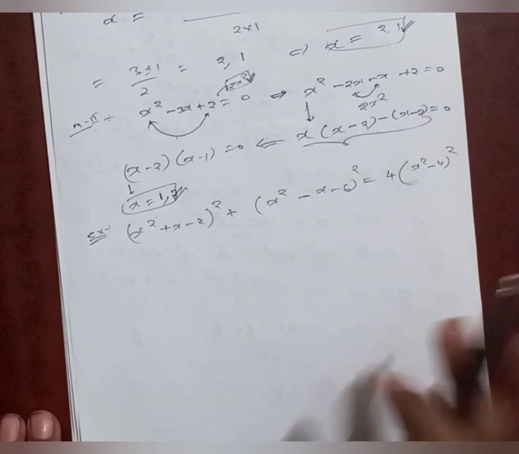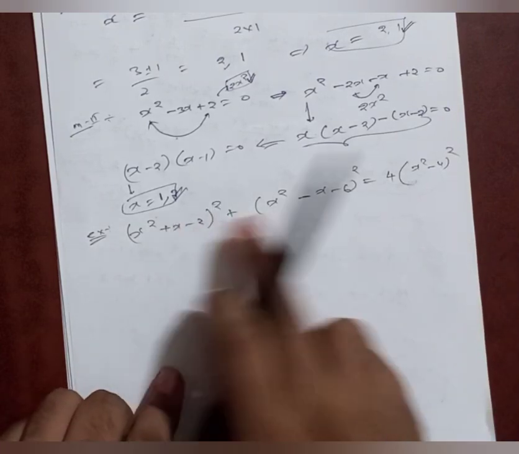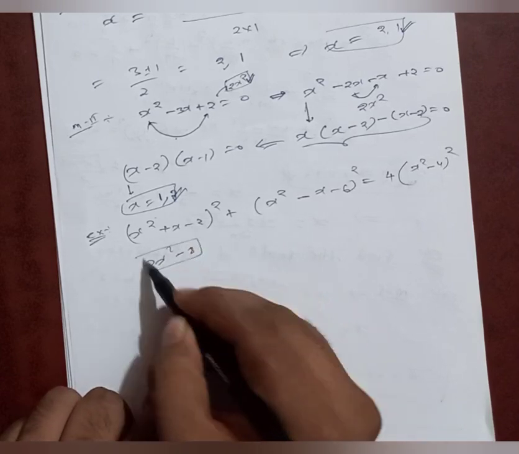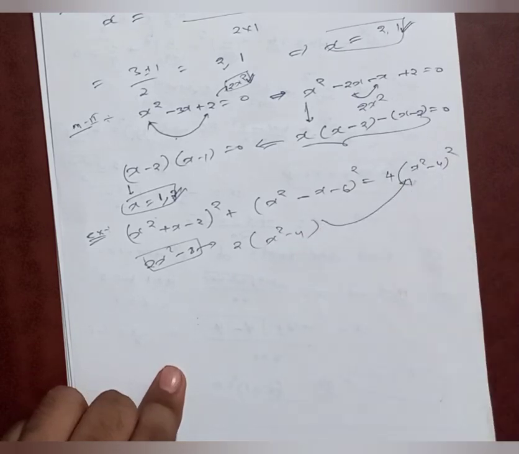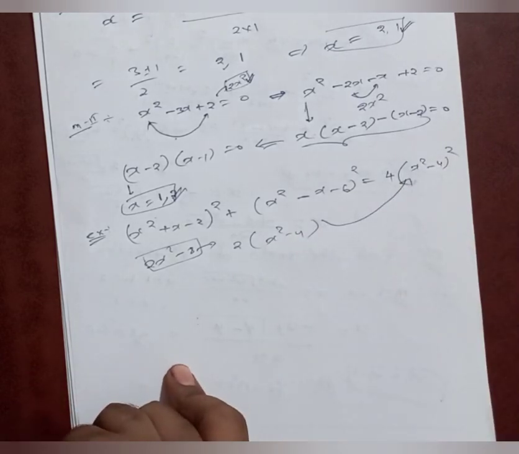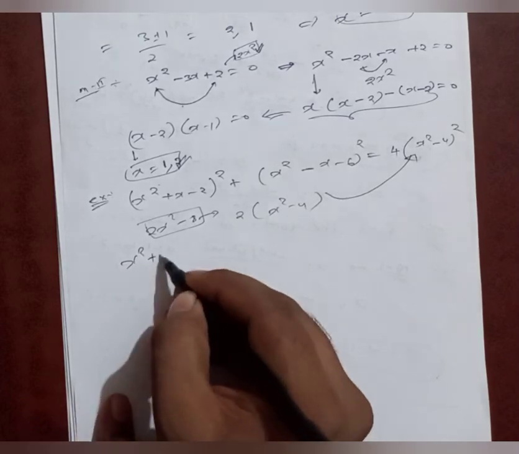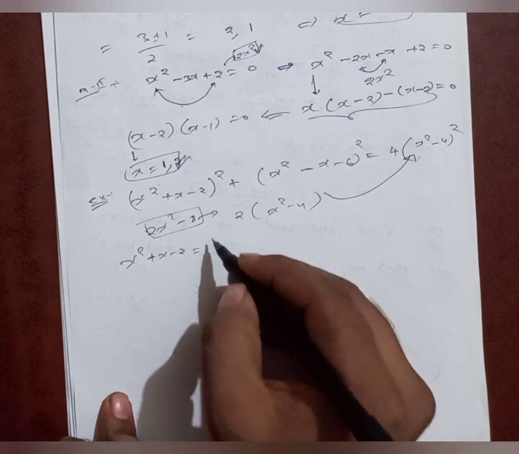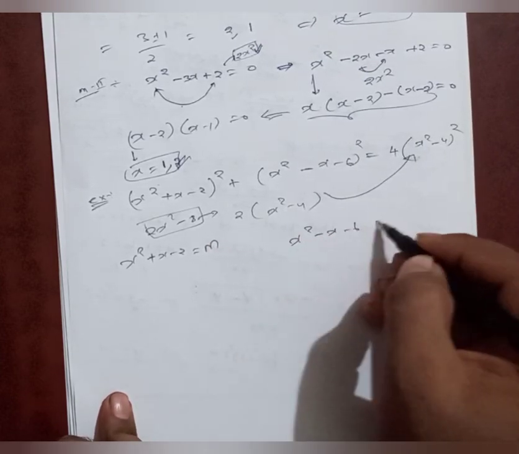First, observe this well. Friends, by my observation, I know that by adding these I will get 2x² − 8, which can also be written as 2 times (x² − 4), which was given in this question. So I should use this to solve this question. Then I thought to take x² + x − 2 equal to any constant. My channel was MPC JE Educator, so I will take this as m. Next, x² − x − 6 equal to c.